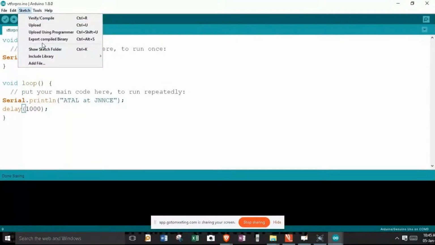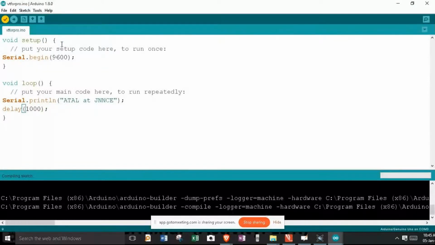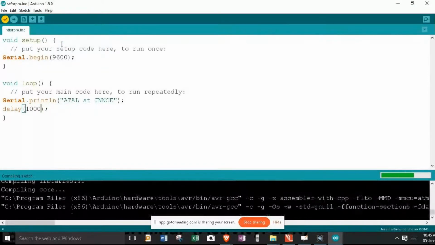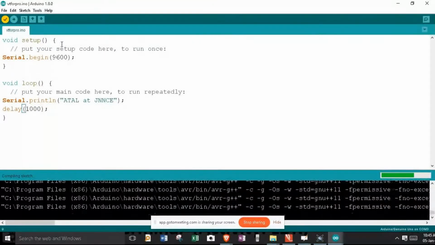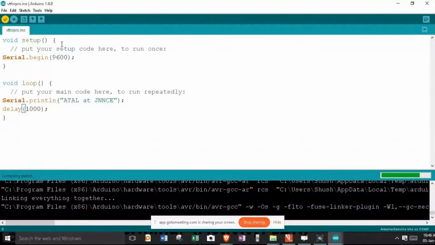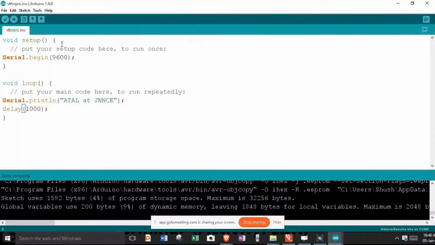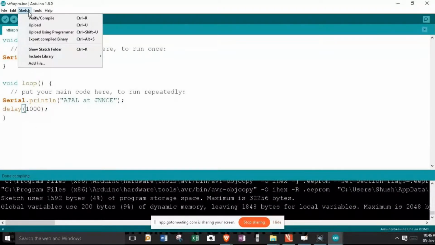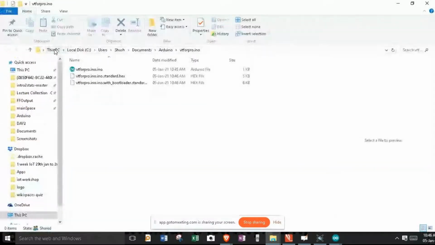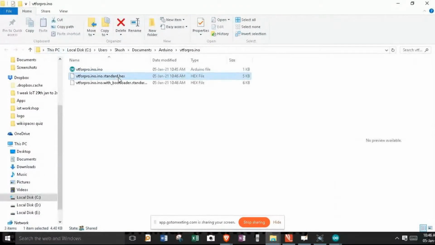Under this, I got to hit on export compiled binary. So right now we are done compiling the program. Now in order to view the hex file, all I got to do is go to sketch and select show sketch folder. And this is where our hex file has got generated.